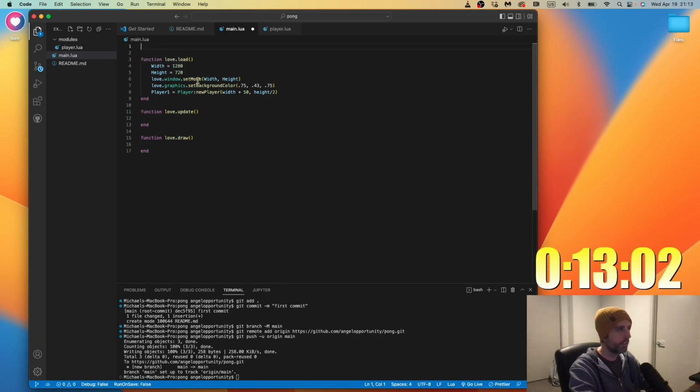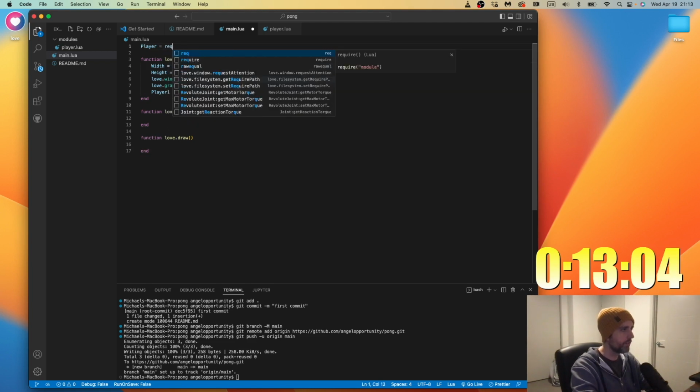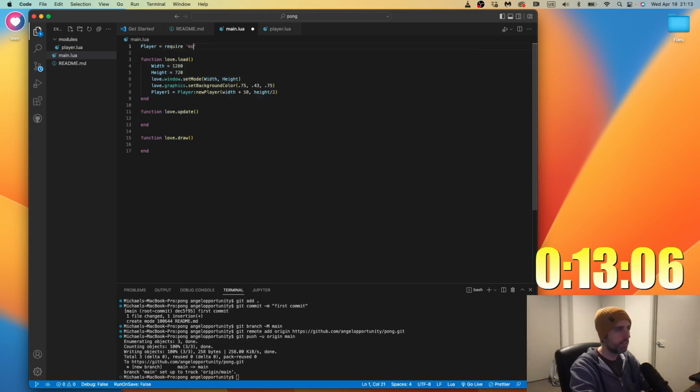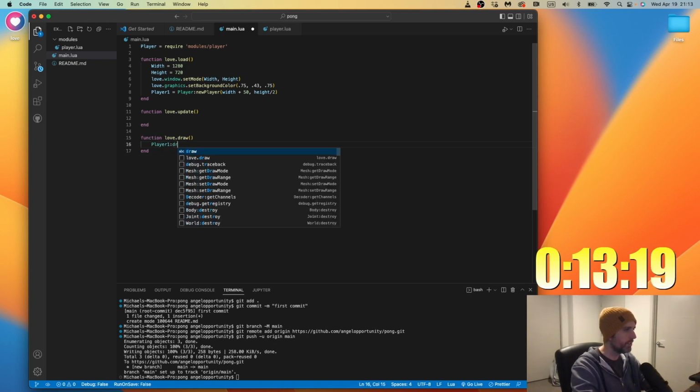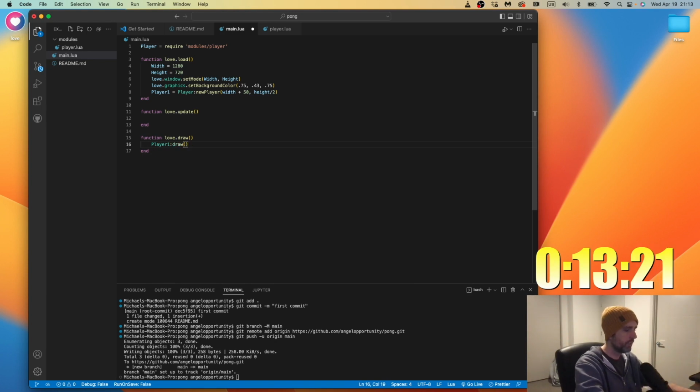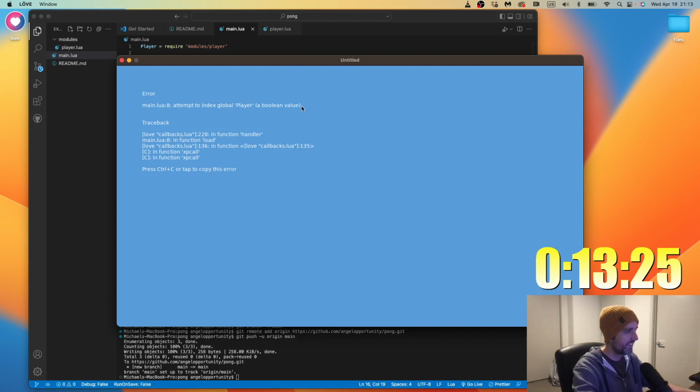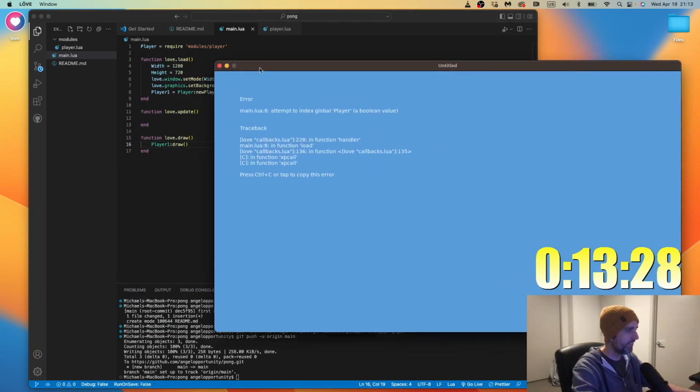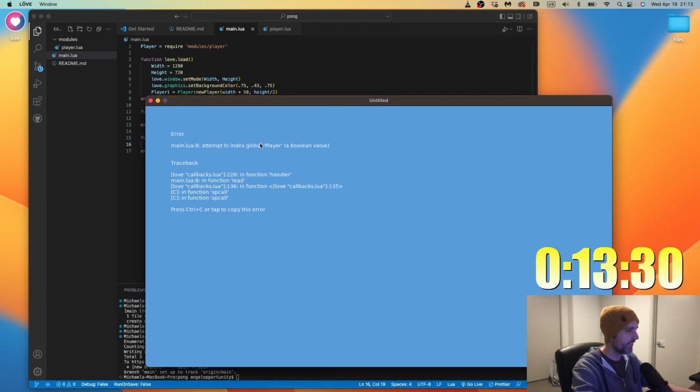You do player equals require modules player. And now in love.draw, I should be able to say player1.draw. And hopefully this will work. Player a Boolean value.